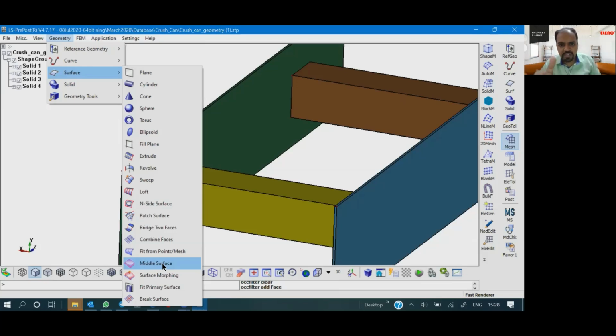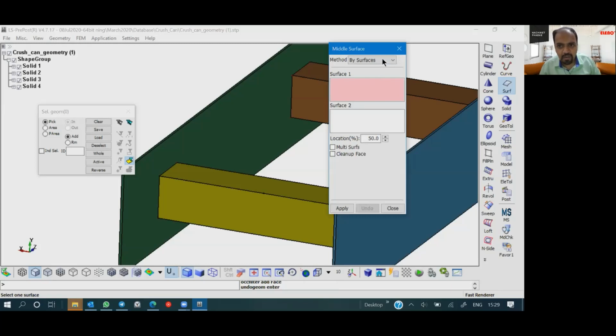So two dimensions are being meshed, and one dimension is being mathematically computed in CAE. For flat parts, sheet metal parts, and plastic parts, this is a very common technique in vehicle crash. So what we will do is go for a middle surface mesh, or we will first have to extract the middle surface.